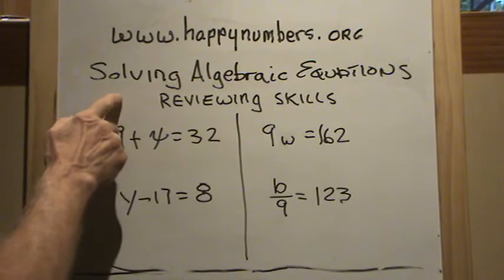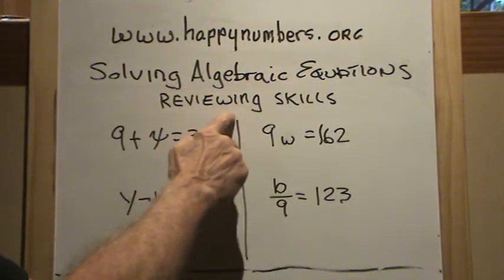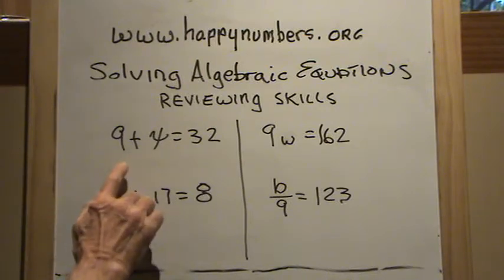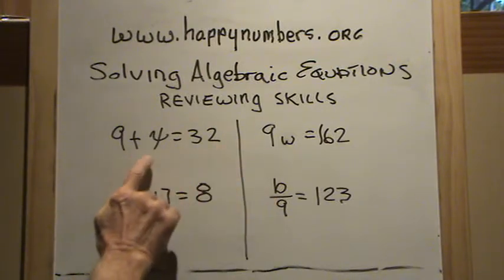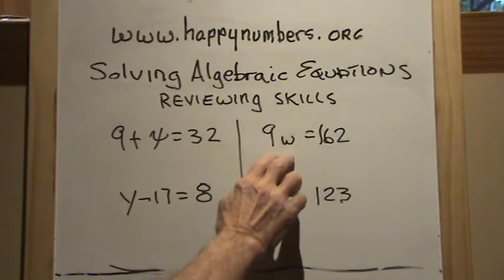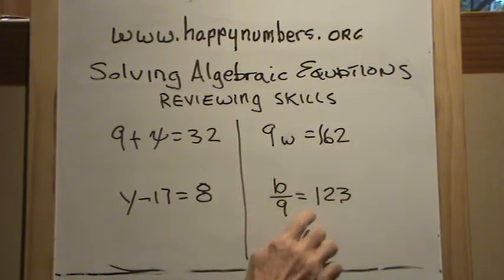www.happynumbers.org. Today's lesson, solving algebraic equations, and this is going to be a review of all of your skills that we have worked with in solving algebraic equations. So I have four equations here. 9 plus x is 32, y minus 17 equals 8, 9 times w equals 162, and b divided by 9 equals 123. So put your DVD or video on pause, work out these problems, turn it on, and then I'll